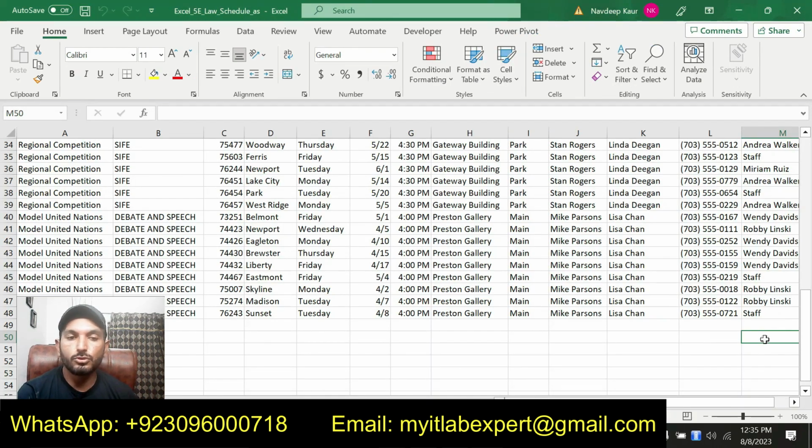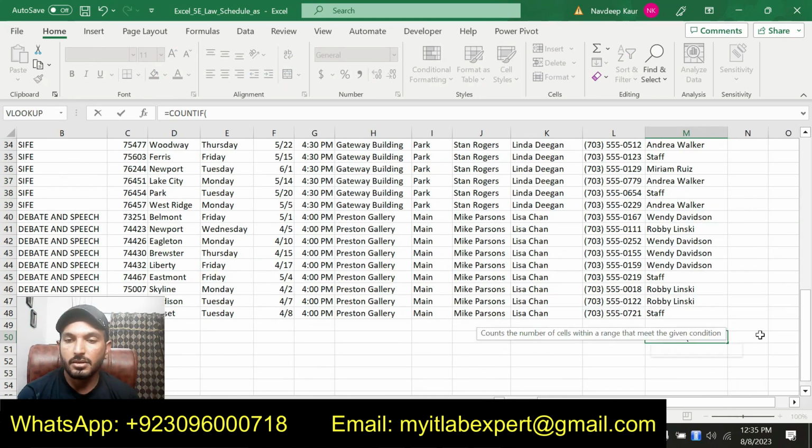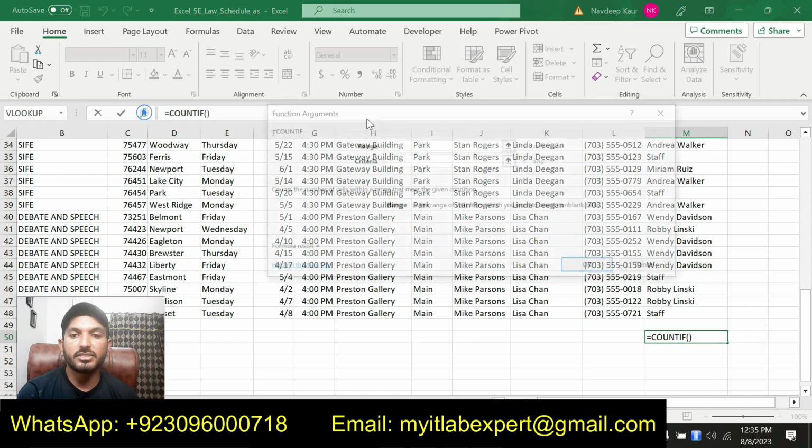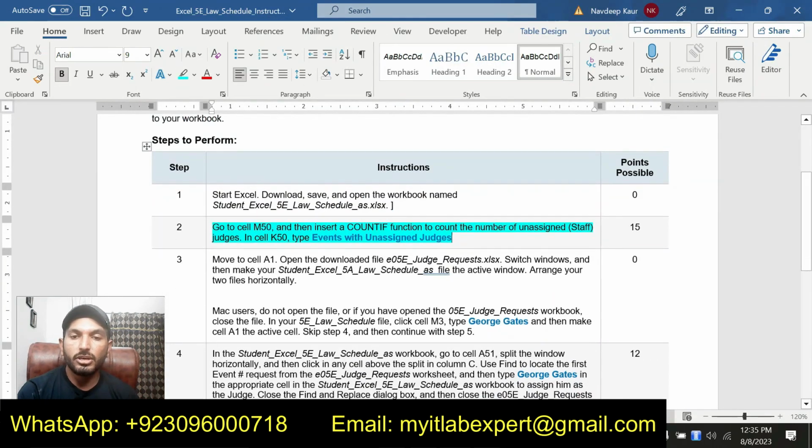So we are supposed to use the COUNTIF function here and click on the insert function symbol so that we can put in the function arguments. We are supposed to count the number of unassigned judges. Unassigned means Staff.